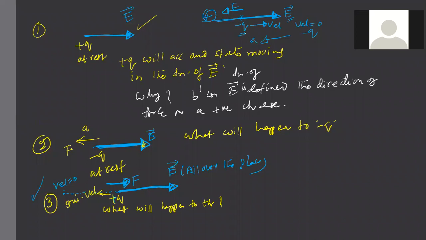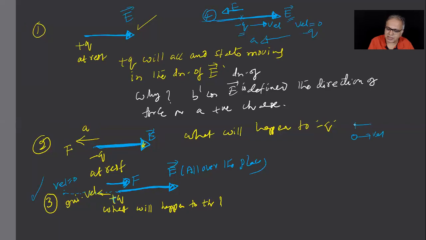It is not in the gravity. It is in the electric field here. That's the gravitational field. This electric field is like a stone thrown this way, but force is in the opposite direction. Plus Q in the same direction, minus Q in the opposite direction. So when a body is given a velocity like this and force is in the opposite direction, it won't turn back, children. It will slow down to rest. Then if I continue to apply this force, it will accelerate this way.